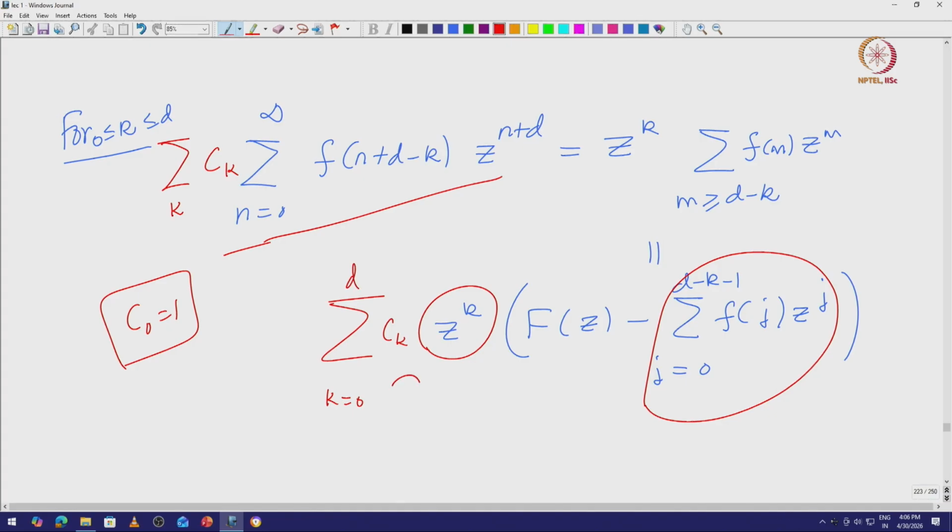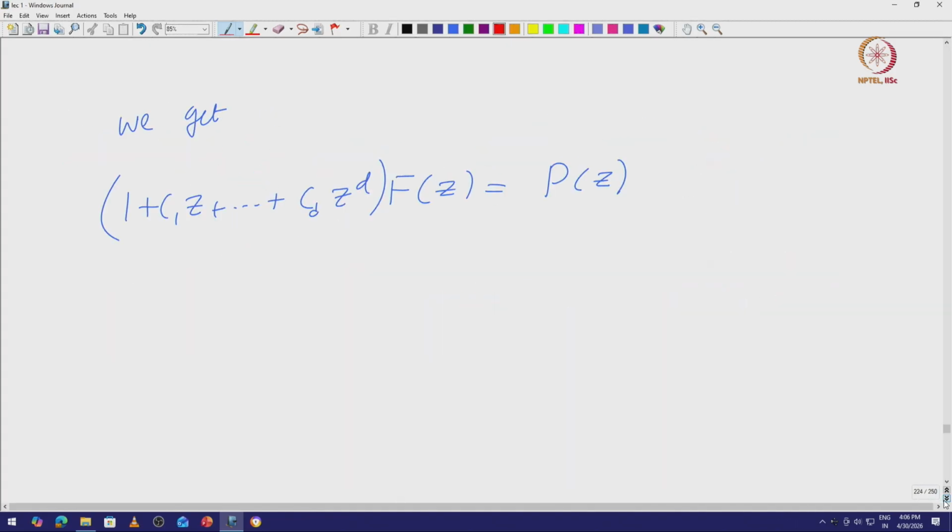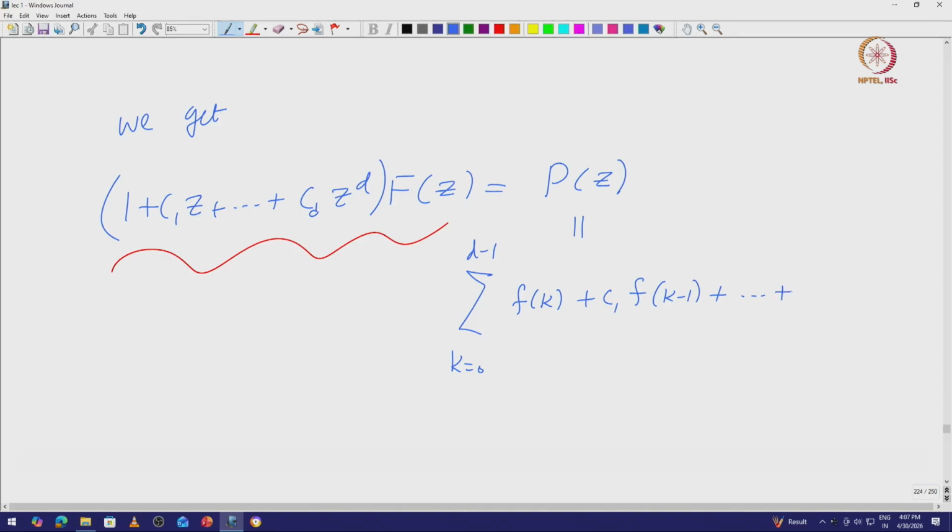Then you can see that this term is what contributed to this, and whatever remains, you call it P of z. And this P of z you can rewrite as summation k ranging from 0 to d minus 1 of f of k plus C 1 f of k minus 1 plus etcetera plus C k f of 0, times z power k. This is something you can check,